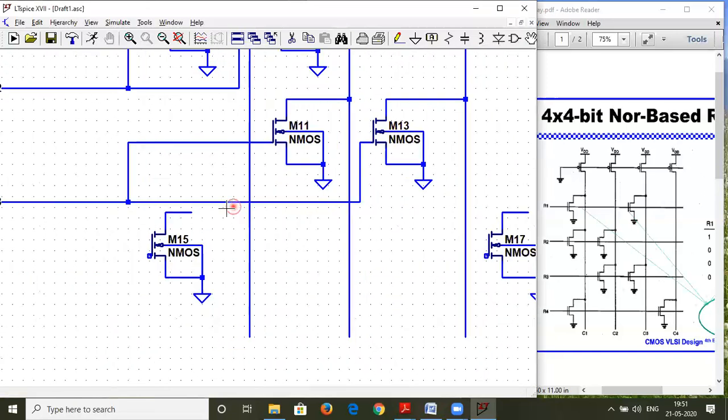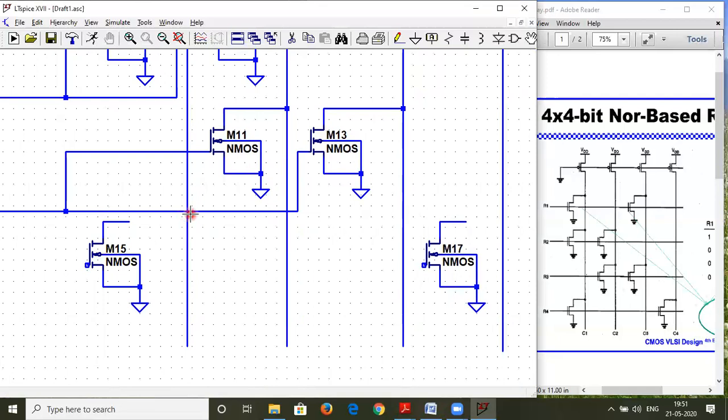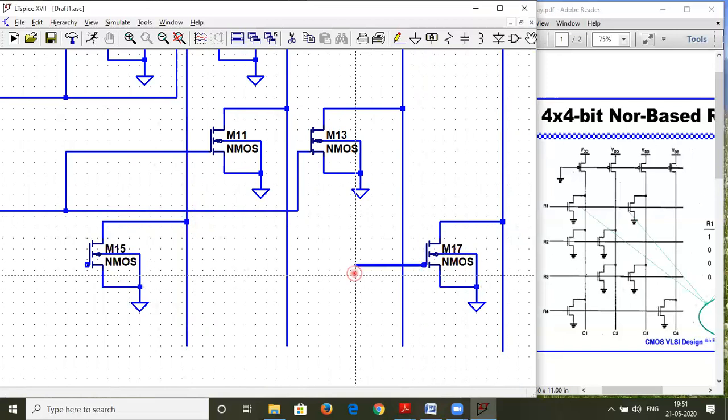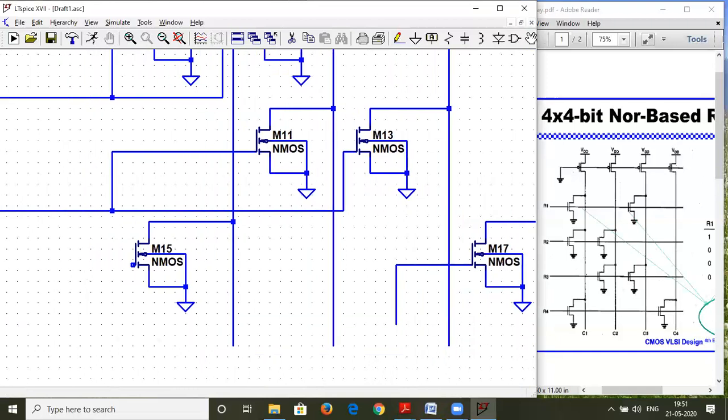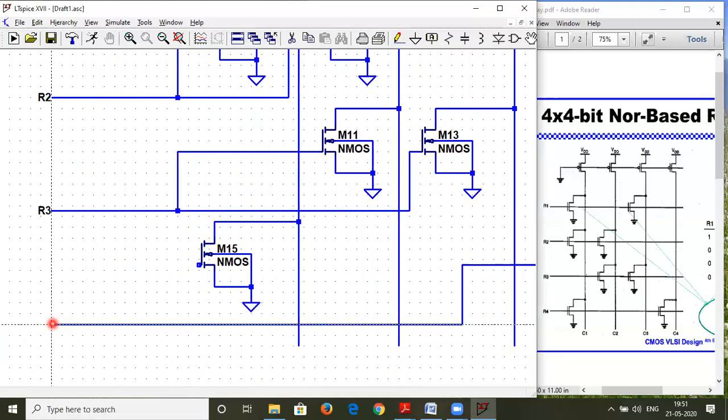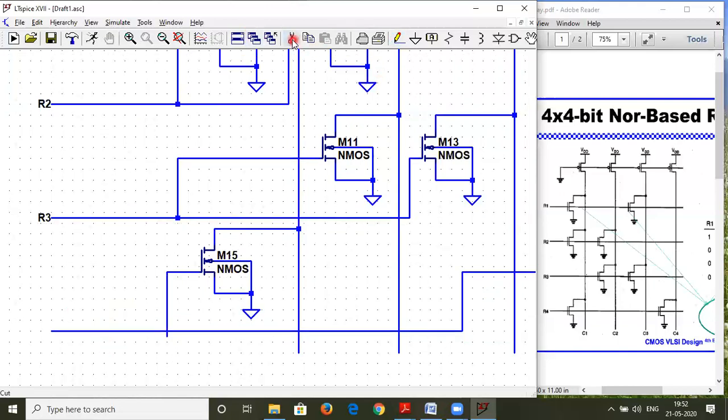Similarly, we will complete the connections for the fourth row. For the fourth row, we have these two transistors. I'll connect this over here, and this I'll connect over here. The gate terminal, I'll take it out. So this is the gate terminal, that is the fourth row. I'll take it out over here and make the connection at the gate of this transistor also. So I'll take a wire and connect it over here. So all the connections are almost over. Let me delete this and connect it again so that a connection is made to this wire.